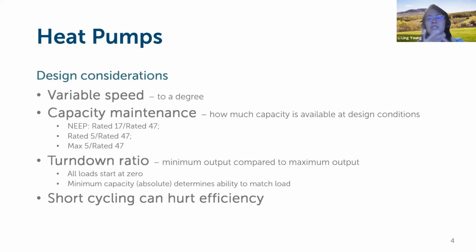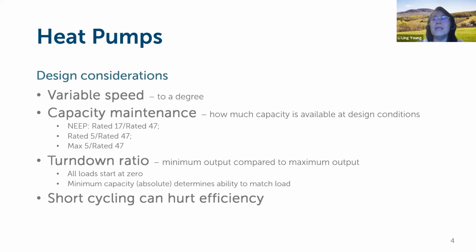The design temperature, but then also the distribution of the temperatures across the heating season. So heat pumps are variable speed, but they're not infinitely variable speed. And some are more so than others. So some will vary their speed across a very wide range, and some will vary their speed across a relatively narrow range. However, within that speed